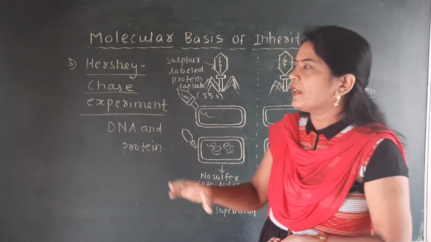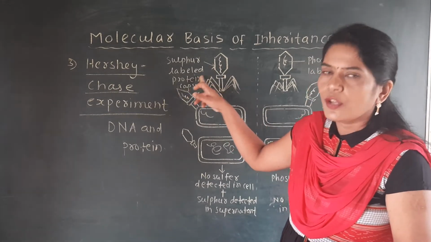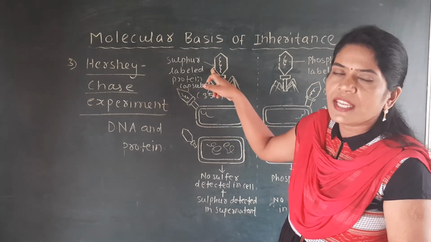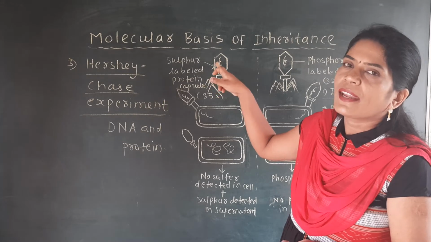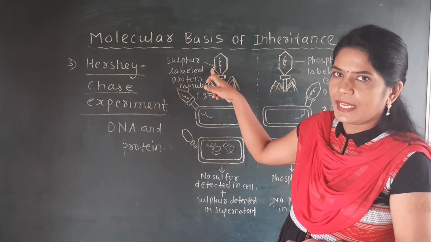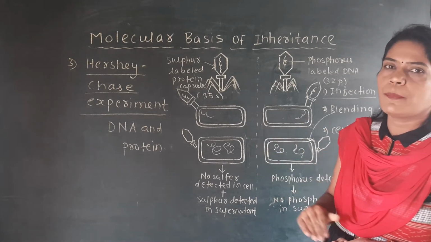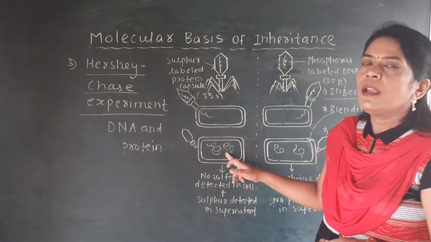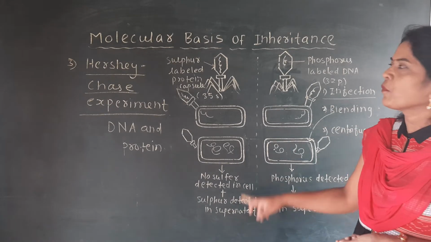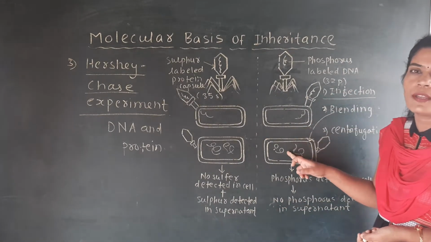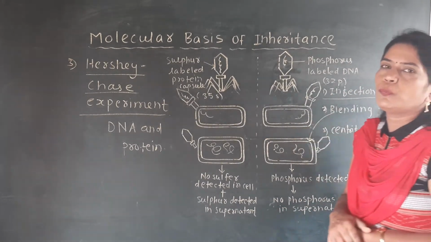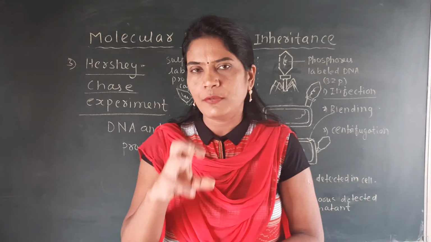But sulfur is not a component of DNA, so sulfur does not enter into the DNA of the bacteriophage, and with this DNA, that sulfur also does not enter into the bacterial cell. So that sulfur is not found in the bacterial body, but it is found in the supernatant. Phosphorus is found in the bacterial body, but it is not found in the supernatant of that